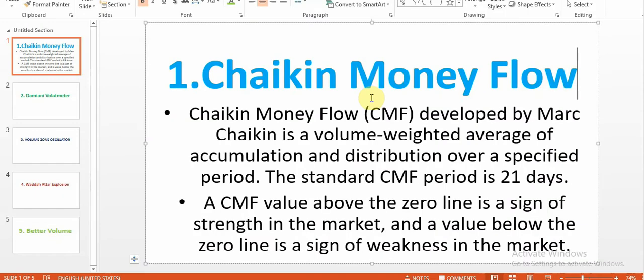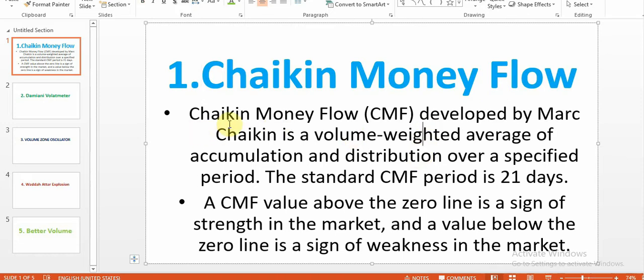Hello guys, I welcome you to the Astura show, and today we are going to learn about the Chaikin Money Flow indicator, which is a very good indicator, and this is the first video in this series. We'll be making other videos explaining the technical indicators so you can learn all the technical indicators free of cost. So let's start with the definition.